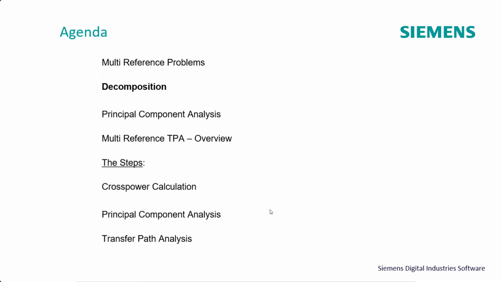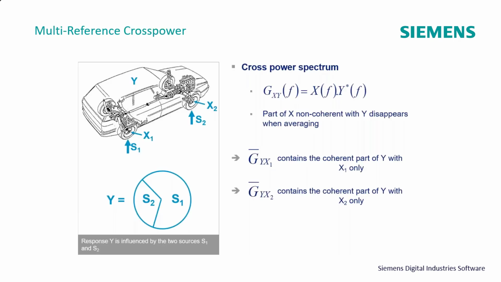Okay, so now we're going to talk about how we go about that through singular value decomposition. We're going to take the operational data, or we're going to measure it on the road, and we're going to calculate multi-reference cross-power spectrums. If you're doing that in spectral testing, spectrum testing allows you to turn on multiple references. So you could get your operational data for cross powers in spectral testing by turning on multiple references. Signature acquisition doesn't let you do that. Signature acquisition only lets you turn on one reference channel.